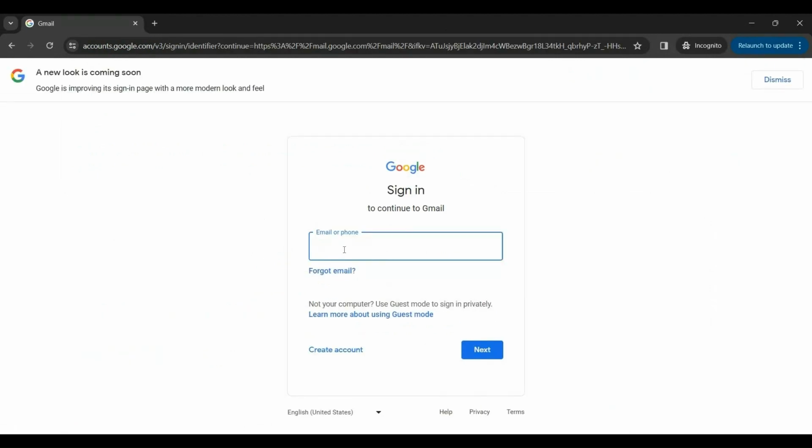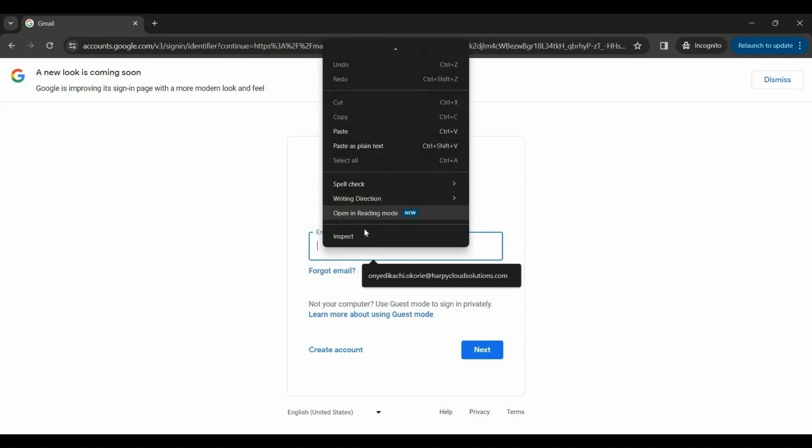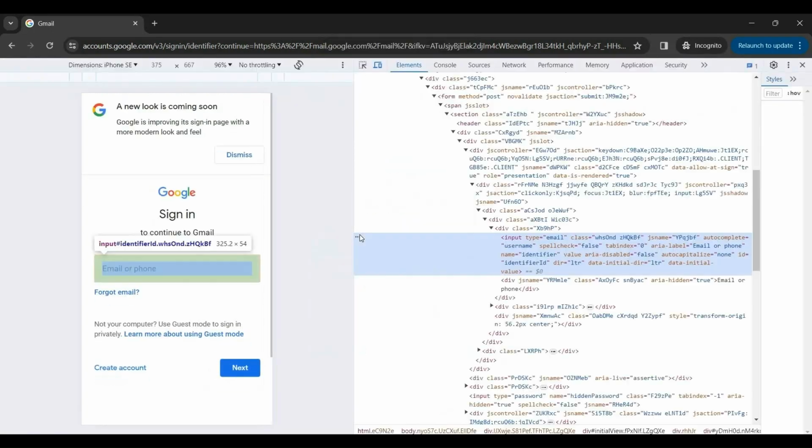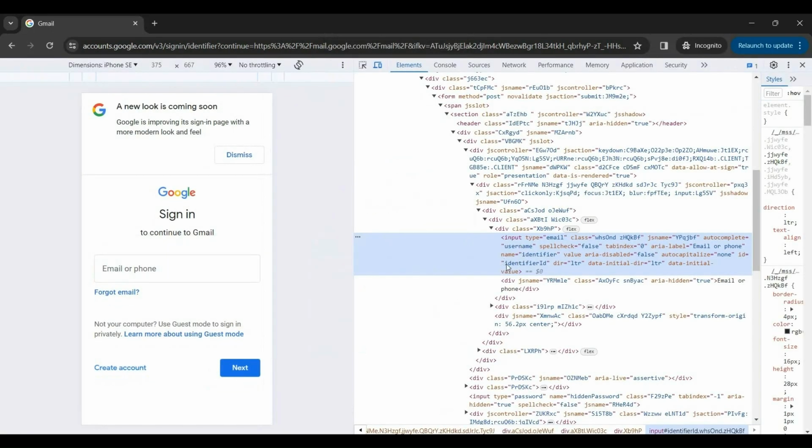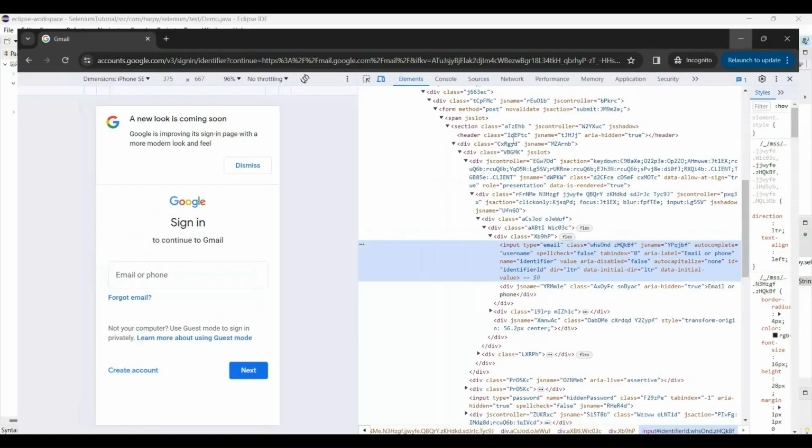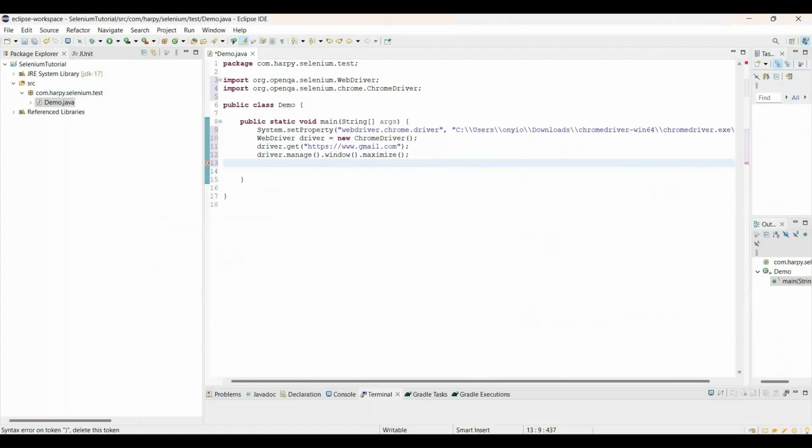So right now, I want to get this element. So I have to look for the identifier. I'll just scroll down, inspect, and I'm going to see the identifier ID. This is the name, okay? So just take note of that. Go back to Eclipse, and I'll write